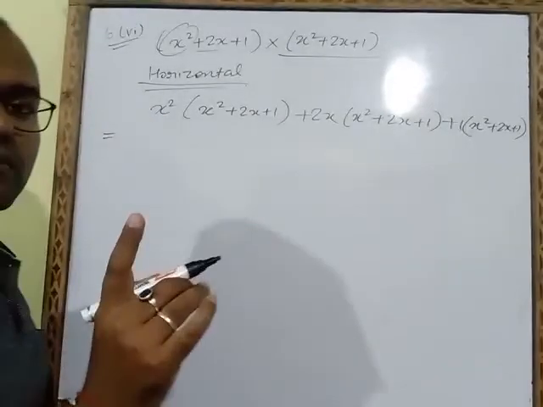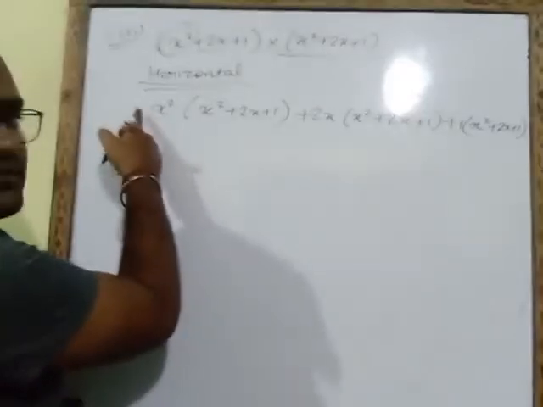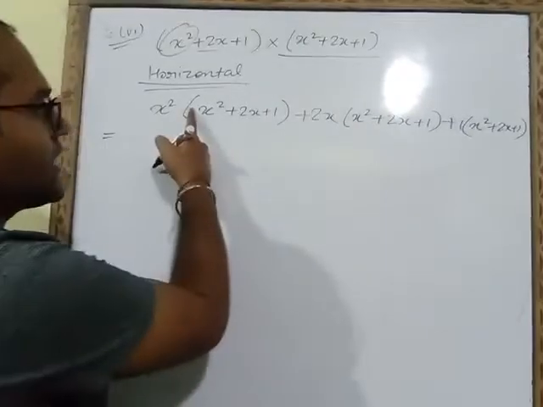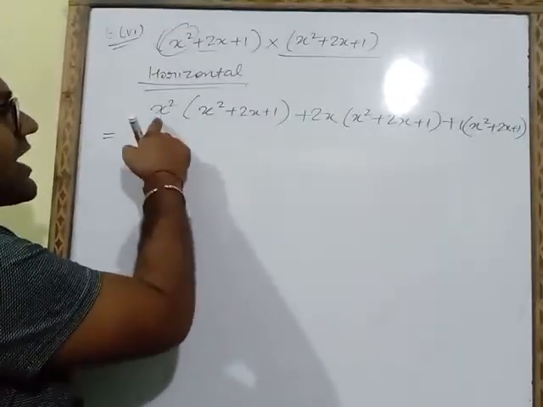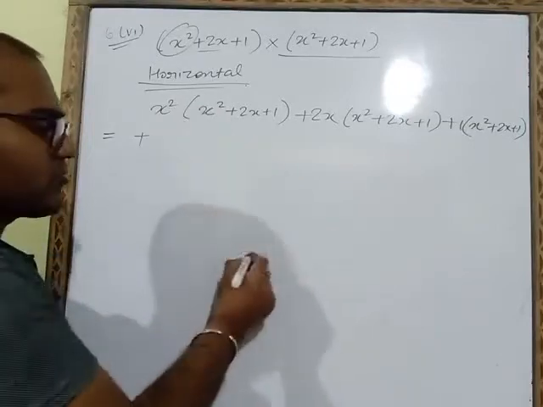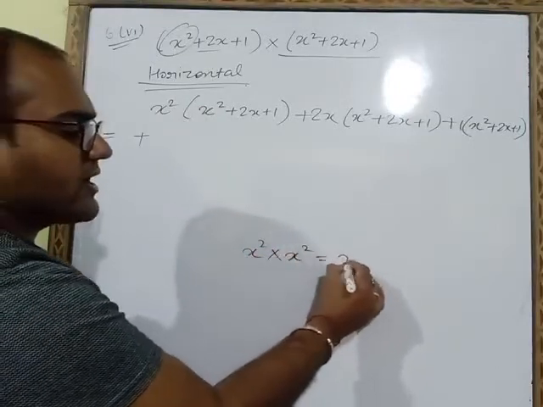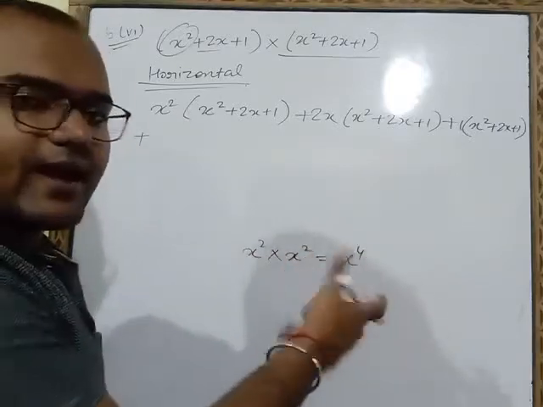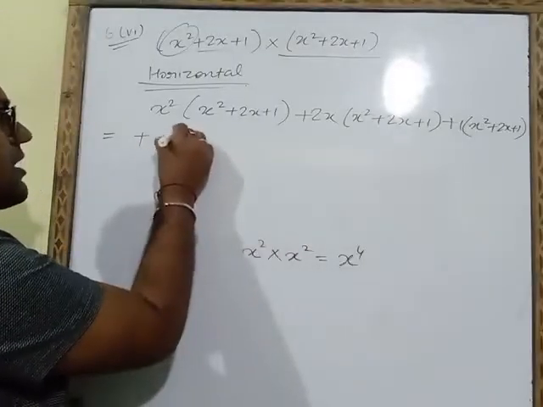First of all we have to multiply the signs. No sign is coming on the left hand, that means it is a plus number. Here also no sign is there on the left, so on the left hand side it is plus only. Plus multiply plus is plus, x square multiply x square. So when we multiply x square with x square, we will get x power 4, because in multiplication powers get added. So x square multiply x square, our final answer will be x power 4.